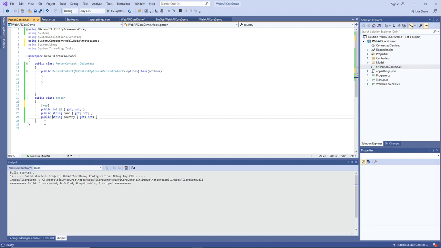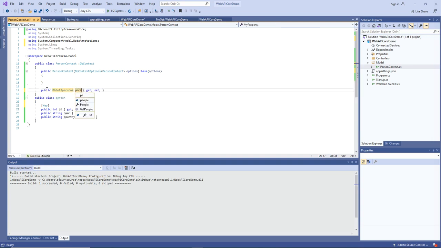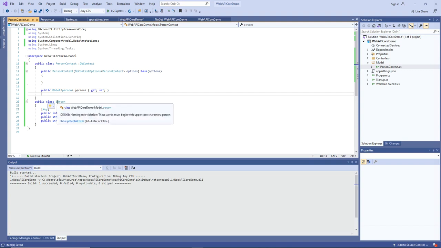So for now let's create the model here, and once you create the model you have to actually add the property called DbSet of type Person, and I'll name it as Persons. Okay, I know this is not a valid word, but just to make it simple I'm naming it as Persons. Okay, so once this is done, once you are done with creating the PersonContext class and the model of the class that you actually want to do the